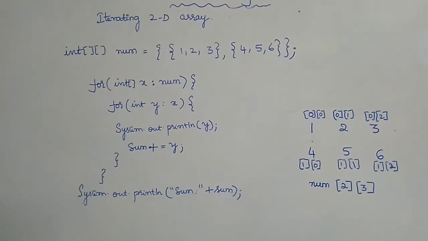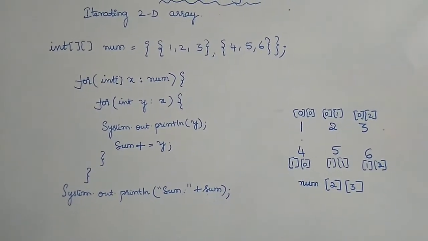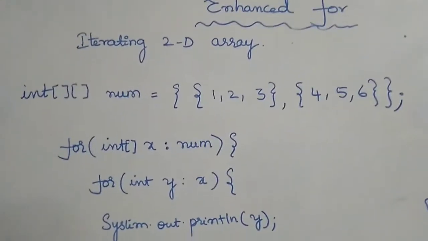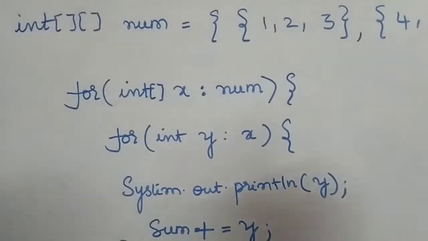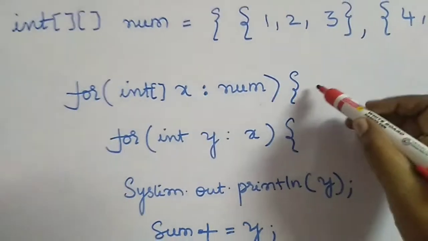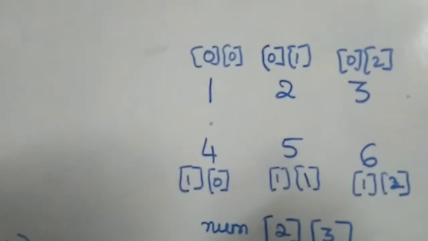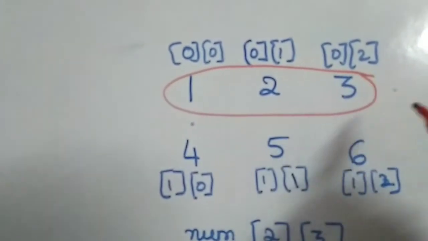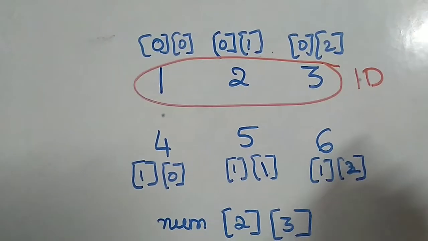Well friends, let us take a look at this particular program wherein we are trying to access a 2-dimensional array. This is how we have initialized the 2-dimensional array. Now we'll see how to put it in the for each. How does the outer loop work? Initially, this is the array that we have initialized. The first row is considered to be a 1-dimensional array, and the second row is considered to be another 1-dimensional array.